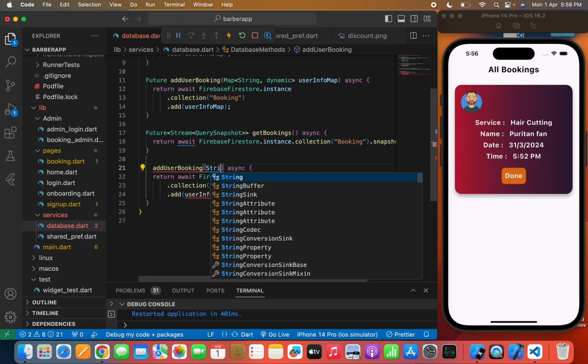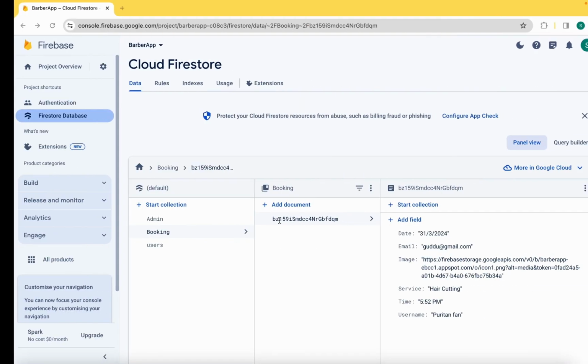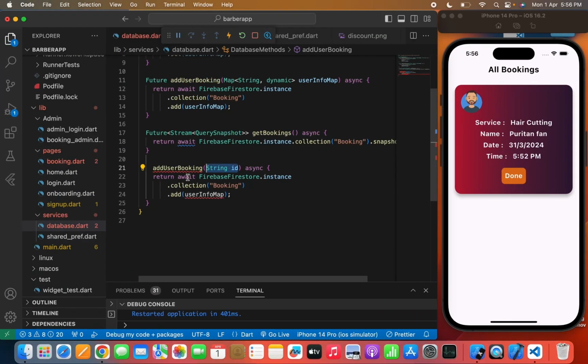We'll just pass the string id. We need to pass a string id here because we need to get this id, because this document id is this id. So through the booking collection, we'll go to this id and we'll remove this document from here. So we'll name the function